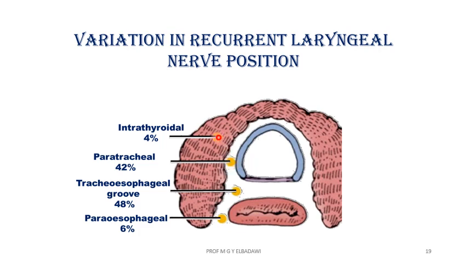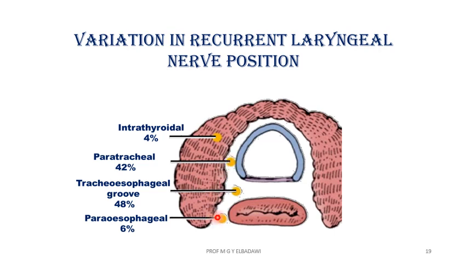The worst of them is the intrathyroid position of the recurrent laryngeal nerve in 4%, and this is an important variation to take care during removal of the thyroid gland, avoiding injury of the recurrent laryngeal. The second dangerous position is the one which is the paratracheal and usually embedded within the fascia of the thyroid gland, the pretracheal fascia. Again, injury is more common in this side.